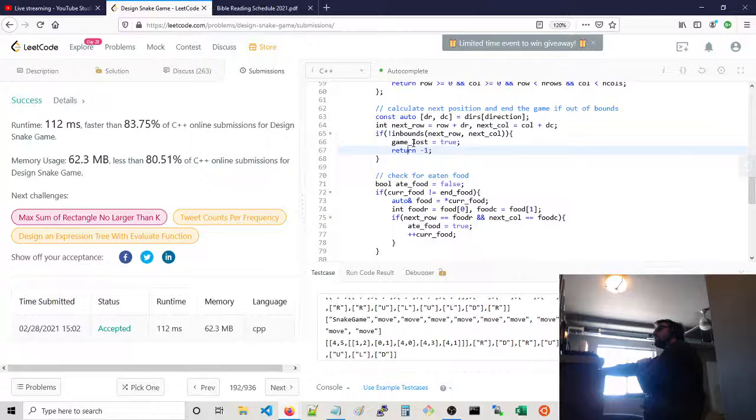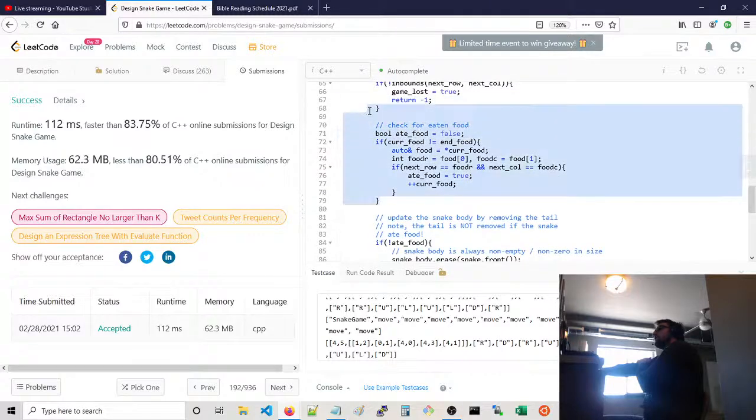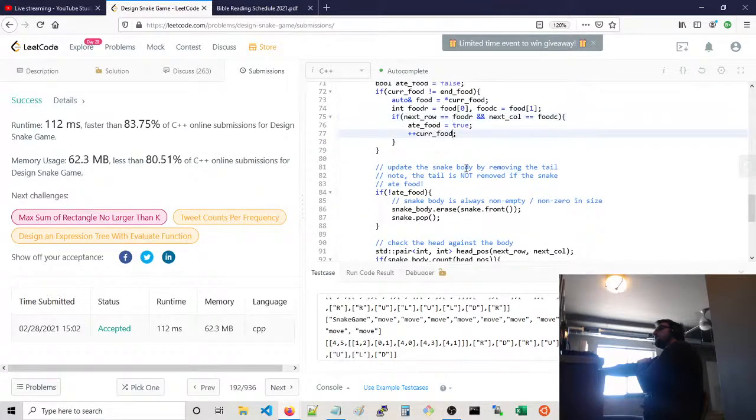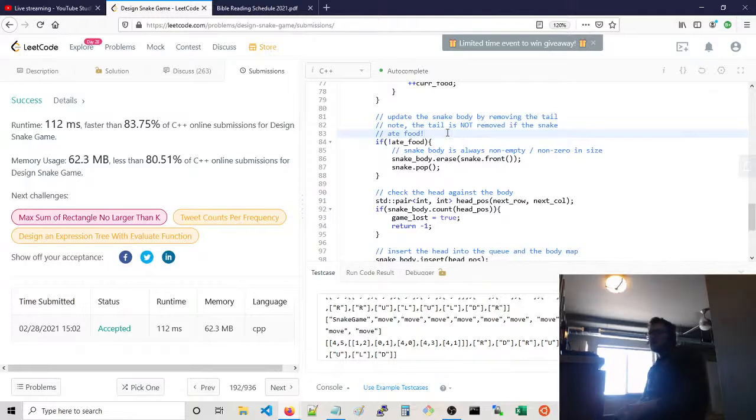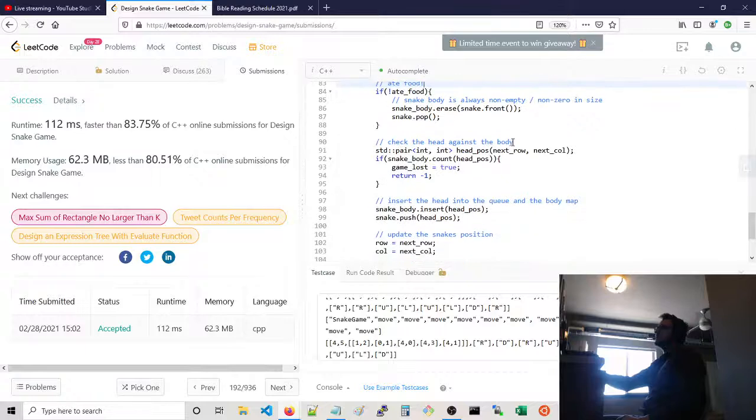If it's out of bounds, you lost the game. Do a food check. If you check out the food, ate the food or not. If you did eat the food, so the way it works with the snake body is that if you did eat the food, then you're not going to remove the tail. But if you didn't eat the food, then you remove the tail, and you remove it from the set that represents the snake, and you pop it from the queue in order to know. The queue allows you to figure out which row column pair you want to remove, and then